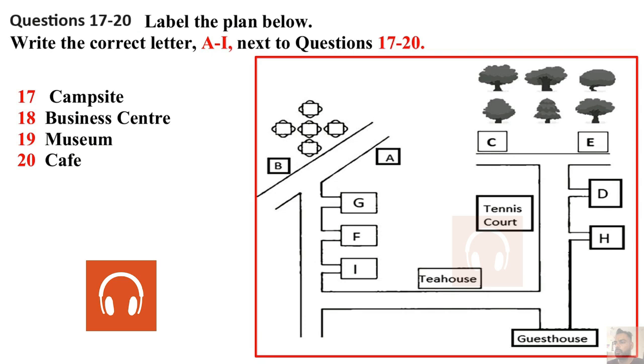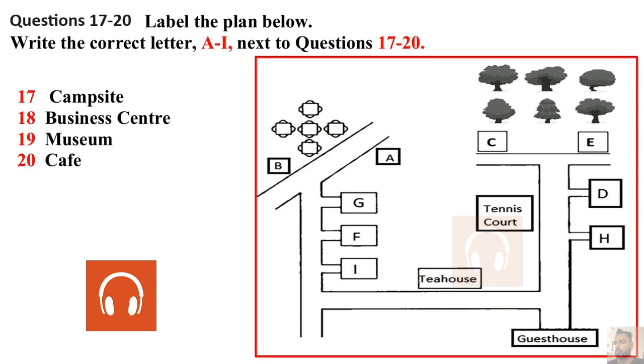Visitors can also go to the museum, which holds a vast collection that exhibits local history and a natural habitat. You start from the guest house, just turn left at the first junction, then walk past the tea house, turn right. You'll see the museum after making the third right. Have you found it? Pretty easy, right?